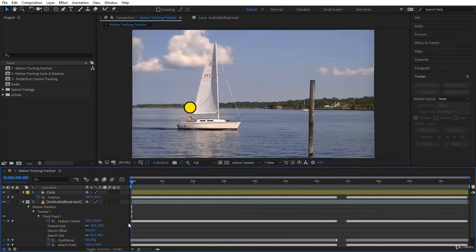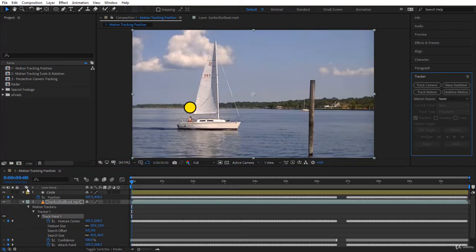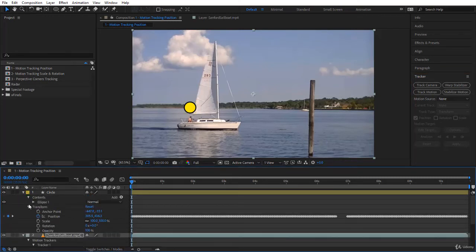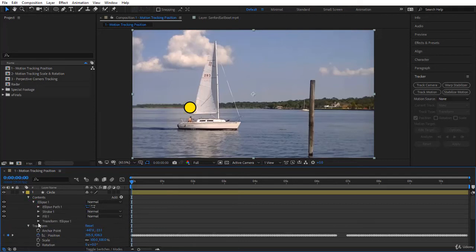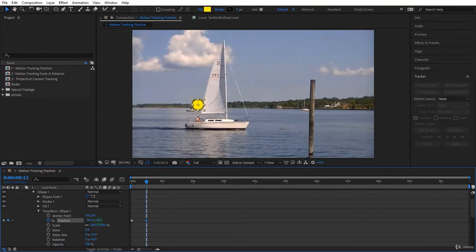The only problem here, if you change now the attach point, nothing is going to happen. You know, they just copied the keyframes. And now, if you come to the circle itself, for example, come to the content, since position is taken, what I will do, I will come to the transform circle over here. I will keyframe the position, take it down a bit, okay, and then go after half a second, take it up,